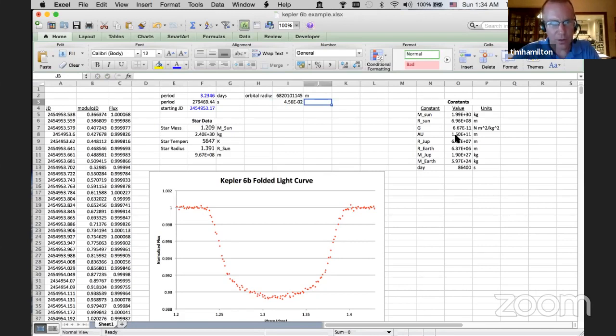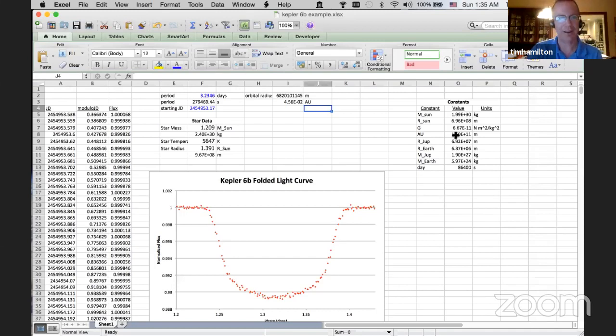Okay, so we've got a number here which is very, very tiny: 4.56 times 10 to the minus 2 AU. So that's 0.045 astronomical units. That's a tiny fraction of the AU. This thing, if we've even done this right, is barely scraping the surface of the star. But that's actually true. It is scraping the surface of the star, or very, very close to it.